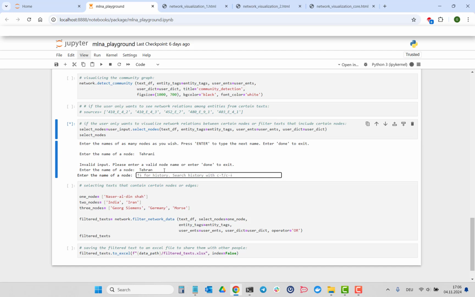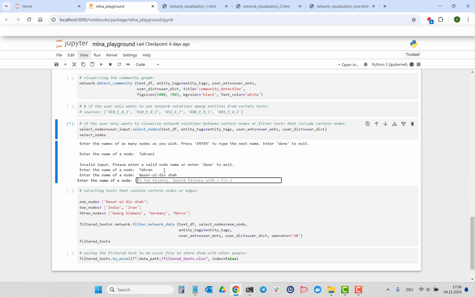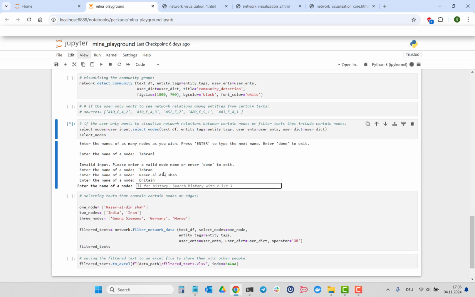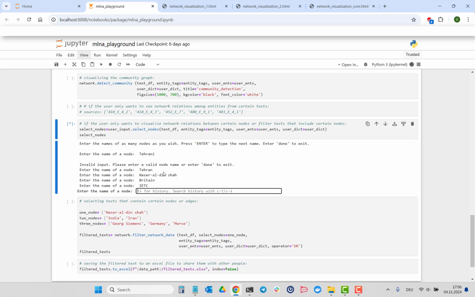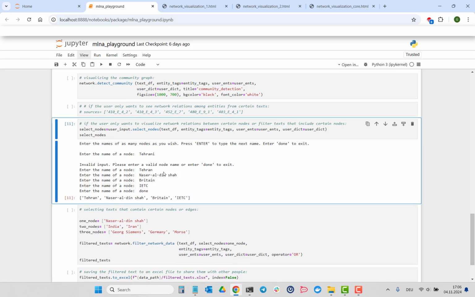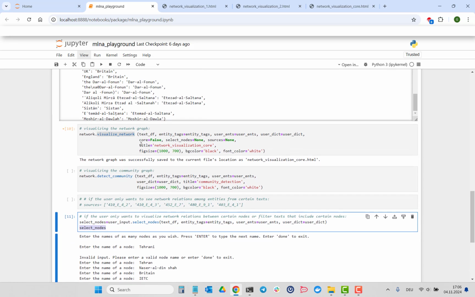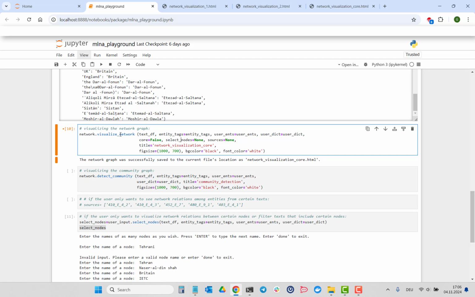I also want to see the king Nasser ad-Din Shah in my network graph, Britain, and maybe the Indo-European Telegraph Company. Done. So this list has been stored in the select nodes variable. So I'm going to go back to the visualize network function and set select nodes equal to select nodes, and also rename the graph again